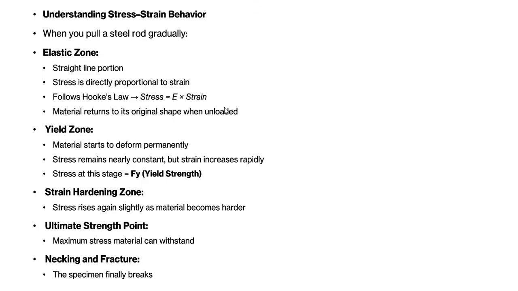In the elastic zone the material will get back into its position. Shape and everything will be normal after removing the stress. But in continuation, the material doesn't get back to the original position. That means the strain is permanent strain. The change in length or shape will be permanent. So that is called the yield zone. Here the failure will not occur, but when it reaches the hardening zone, the stress will increase further, and finally it will reach ultimate strength. After that, necking and fracture will get started. Okay.